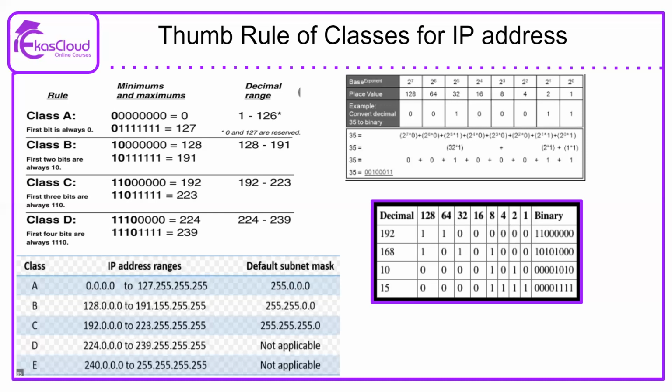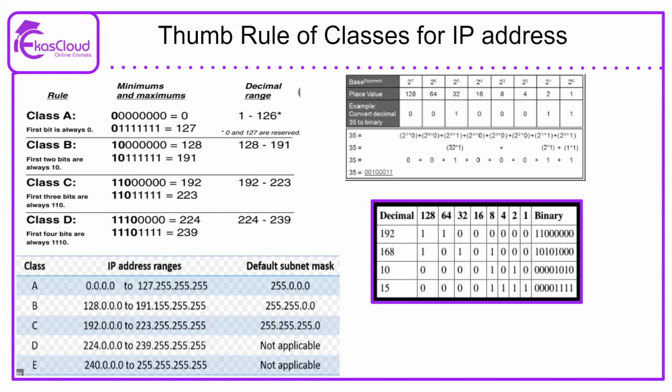And the corresponding default subnet mask is 255.255.255.0. So what does it mean? This is like we will be having a large number of networks, predominantly maybe small networks, but within each of the networks there will be a small group of computers or a small number of computers. So when a scenario of that sort occurs, obviously the network design will use the class C IP address range, so that there will be a massive number of networks but fewer computers.